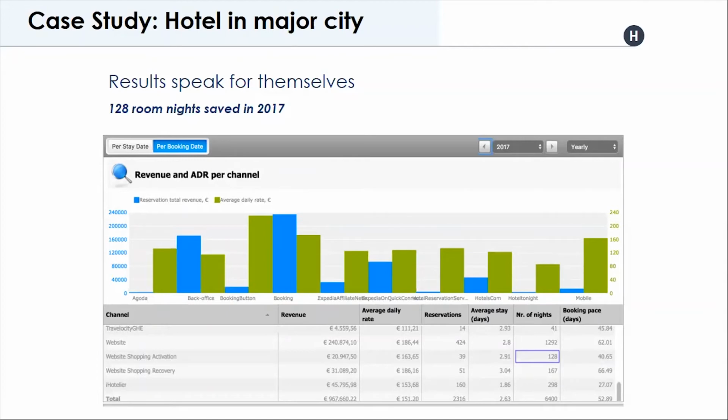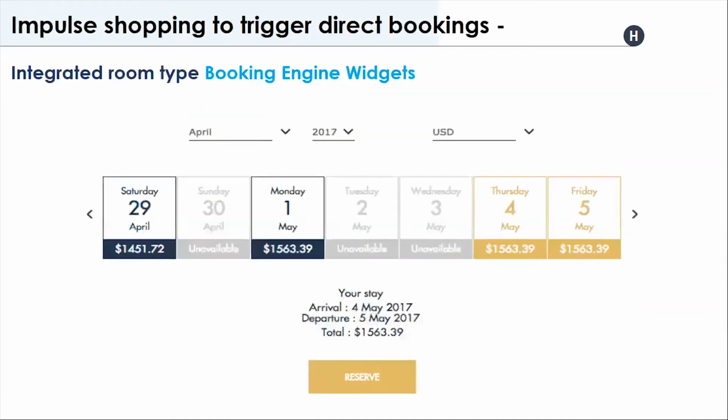So can we move to the next slide, Kornak? I believe this is also a very cool and nice feature because again we are bringing e-commerce elements to the website. We can place this on a rooms page or a promotions page, and in real time we are giving price and availability.